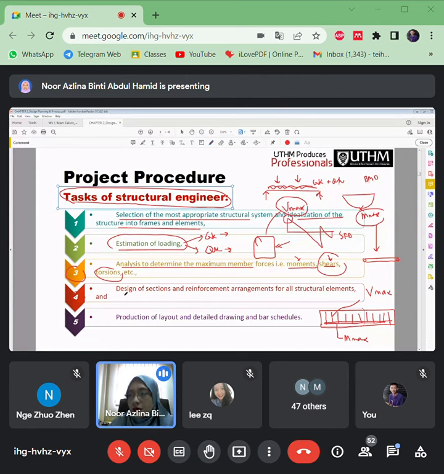So number 4, design of sections. Design of section and reinforcement arrangements. Once you already provide the reinforcements here, what's the numbers, what the size, you will come out with the sections of the beams, right? Let's say these beams